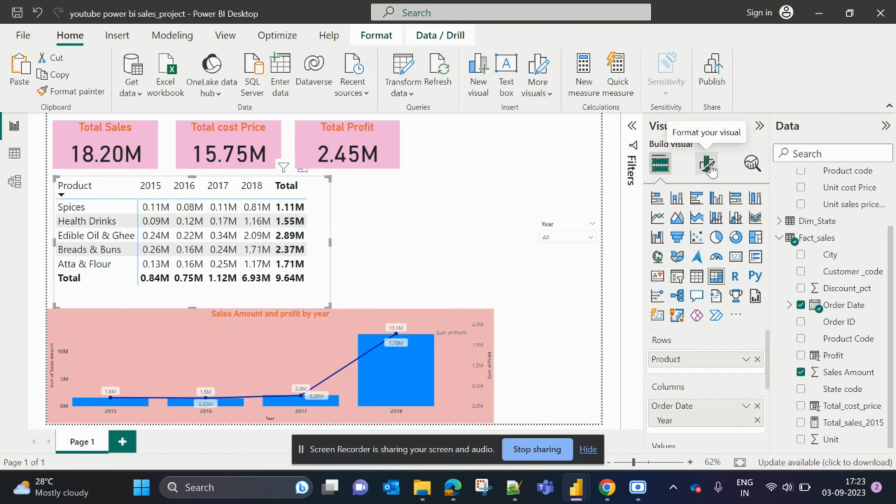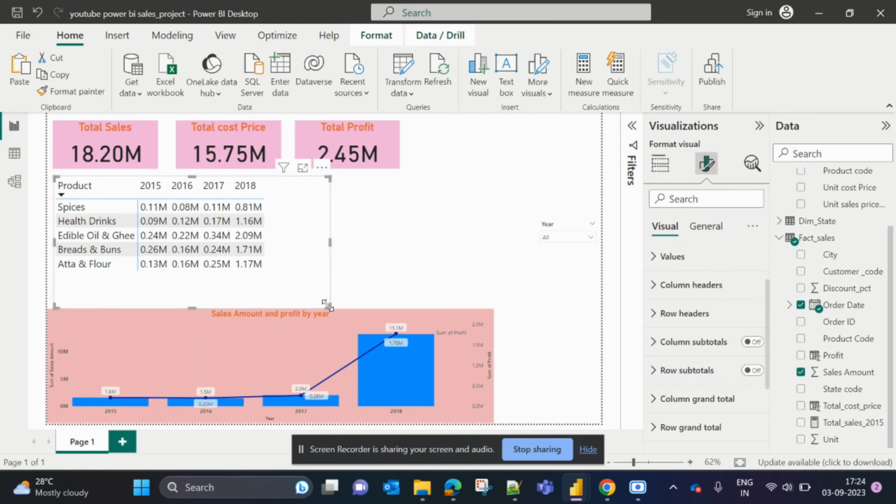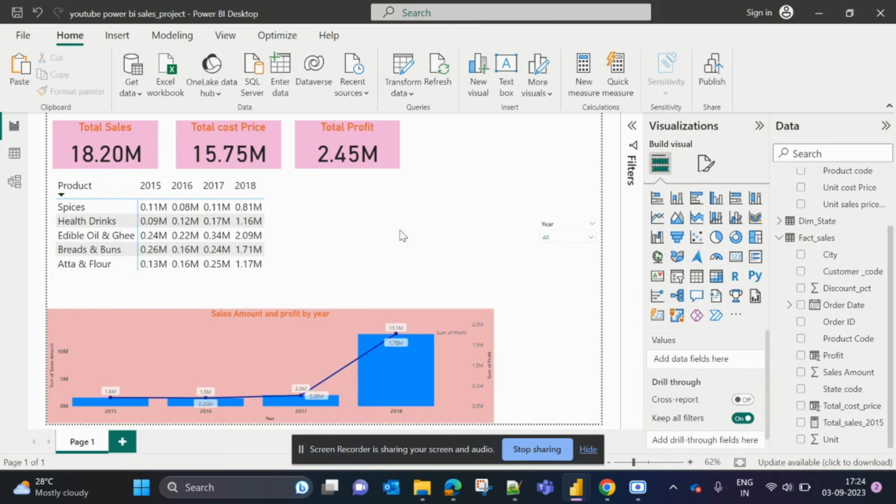So I'll go to format your visualization again, and from here, the subtotal of the column and the subtotal of the row I will remove, and I will make it a little bit closer to this. The formatting and beautification of the visualization we will do later on. First we will try to complete all the DAX and the visualization, and then we'll come to the formatting part. Okay,